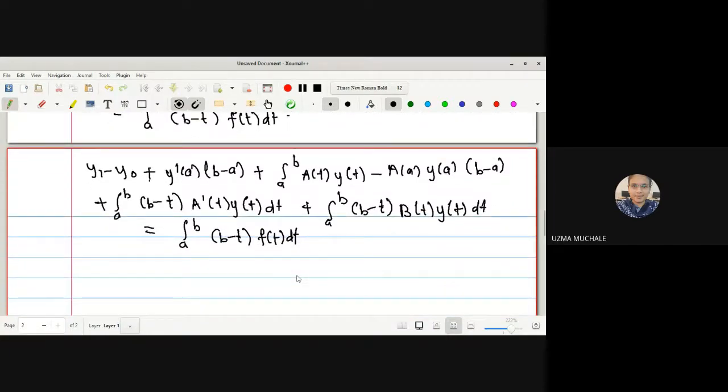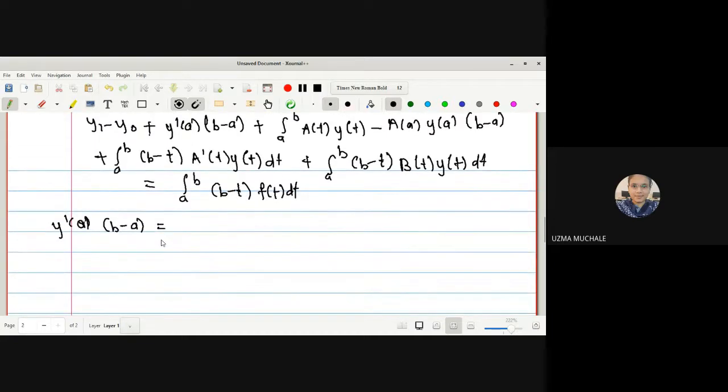Okay, now what is the step? Why are we doing this procedure? So that we can find out the value of y dash of a, since the value of y dash of a is not given to us. So for that, we can write this equation in terms of y dash of a equal to, right? So for that, we can write y dash of a plus, what is the term with this, is y dash of a into b minus a. Okay, so let me write down the terms.